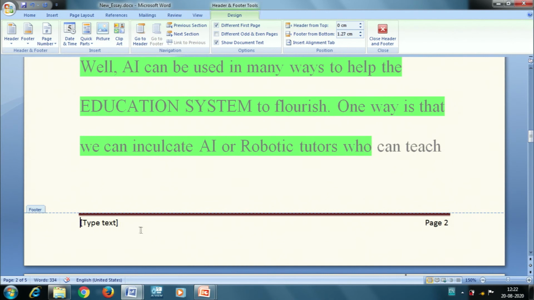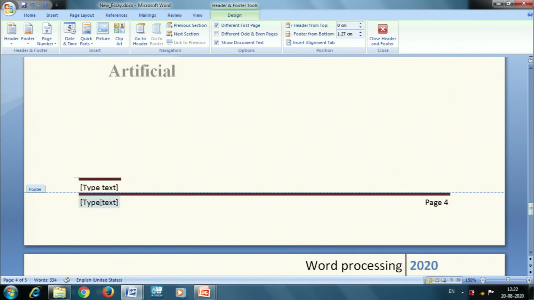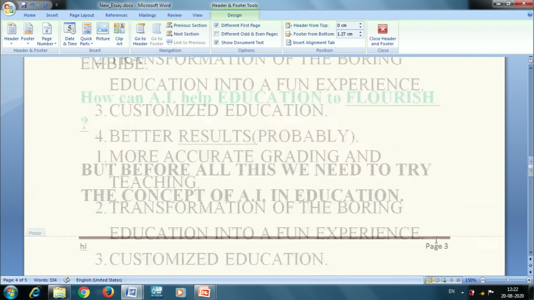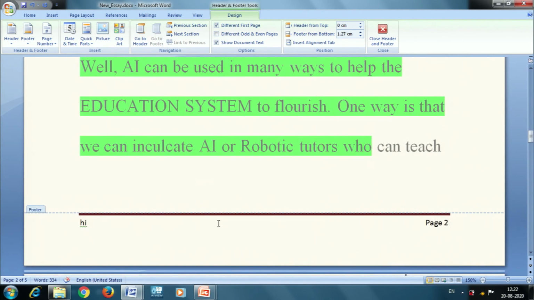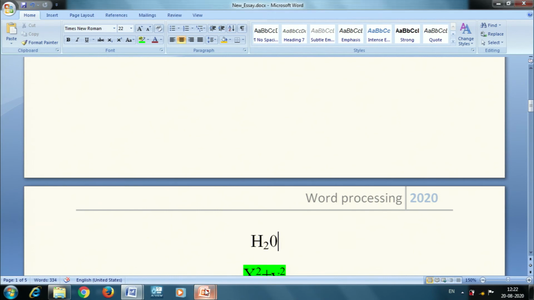Here you can see it is displaying the page number, and if I want to give some information, I can type it here. So in all the pages, my footer will have the page number as well as the message which I have typed. So you can use header and footer also in your document.